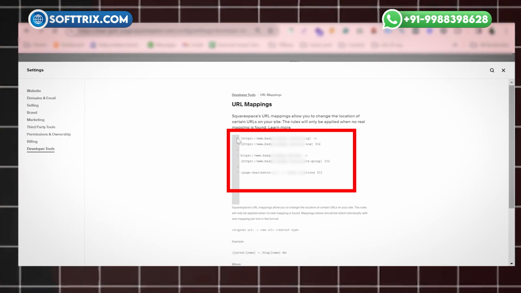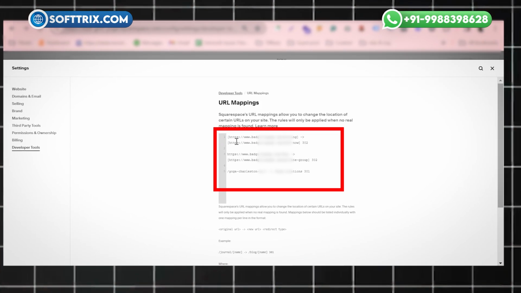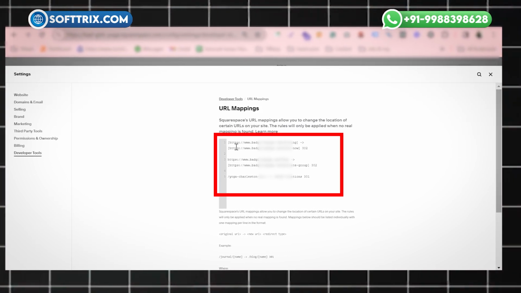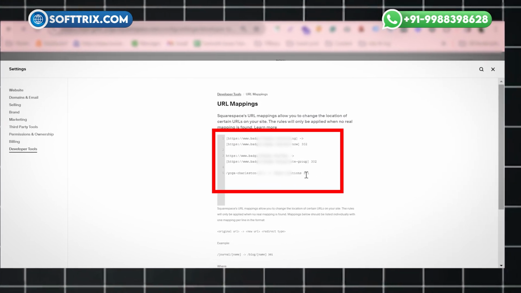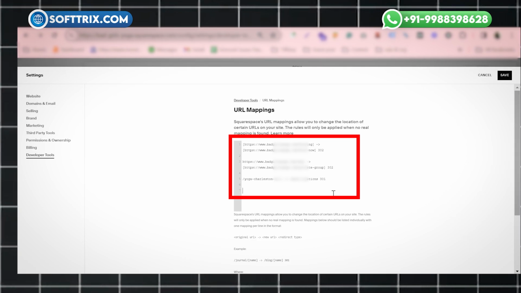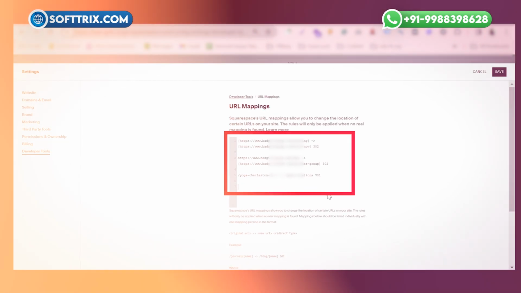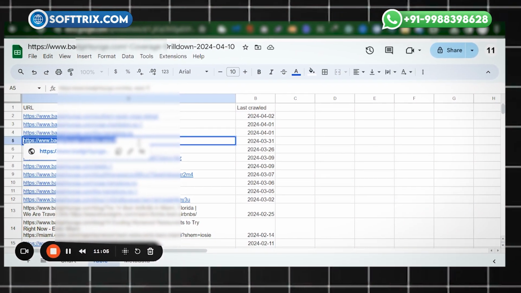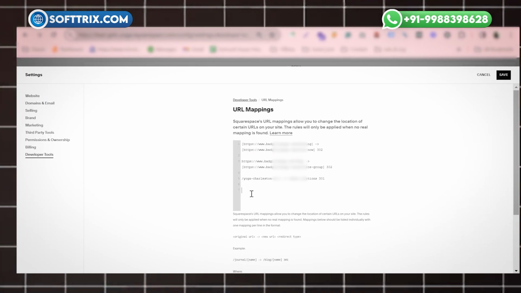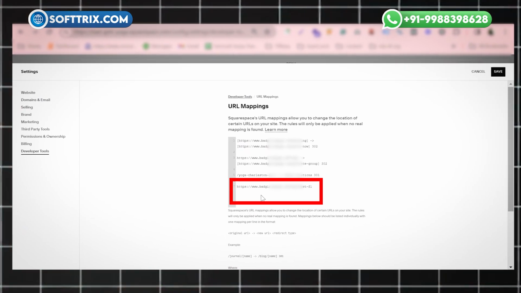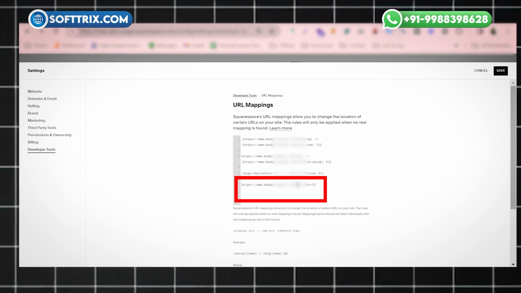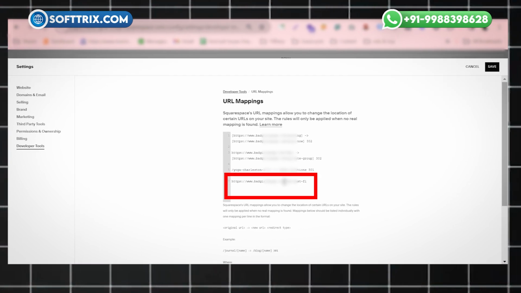So I already added some redirections here for some earlier 404 issues. So let's do that for this URL now. This is the process, or the sample, that we need to follow. I will copy this 404 link. Then in this box, you can paste this URL. No need to paste the domain, it will automatically fetch it.